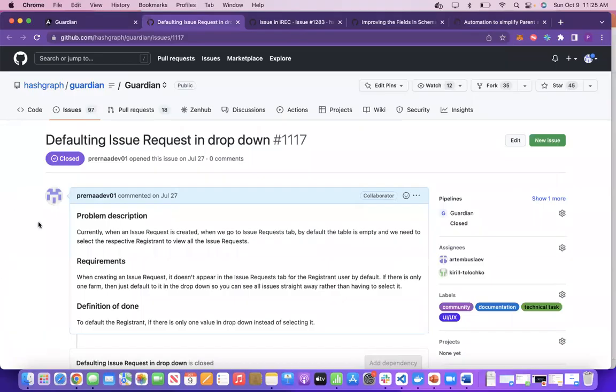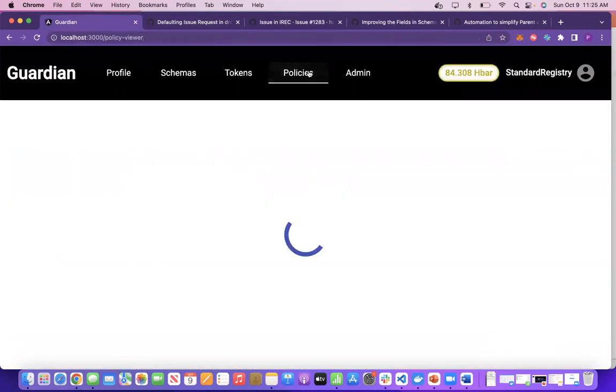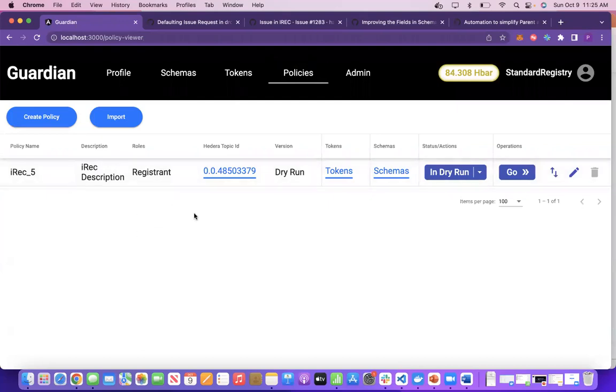So the first ticket we'll be looking at is 1117, which is defaulting issue request in dropdown. Currently, when an issue request is created and we go to the issue request tab, by default the table is empty and we need to select the respective registrant to view all the issue requests. So this is an issue in the IREC policy. Now, as you can see, I have imported the latest IREC policy, which is IREC 5. And when I go to the dry run,